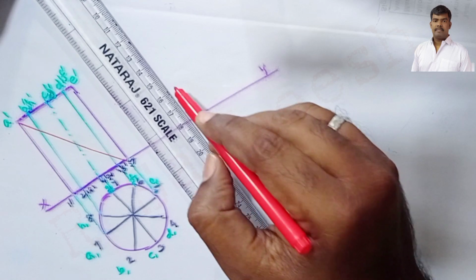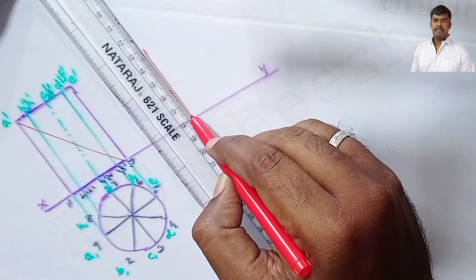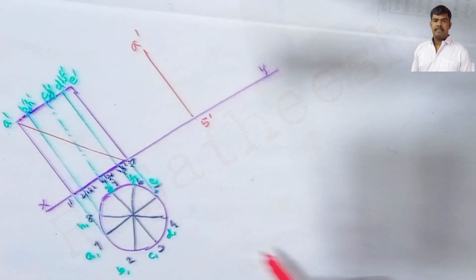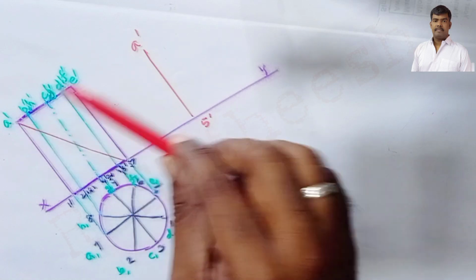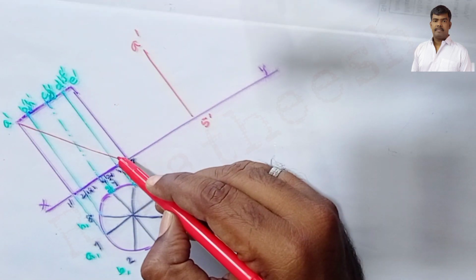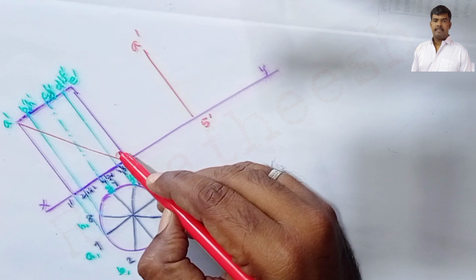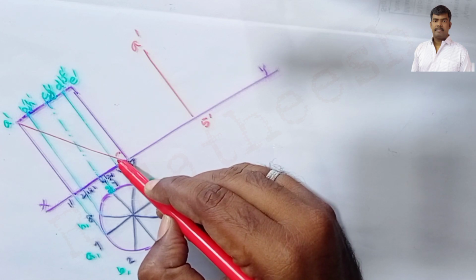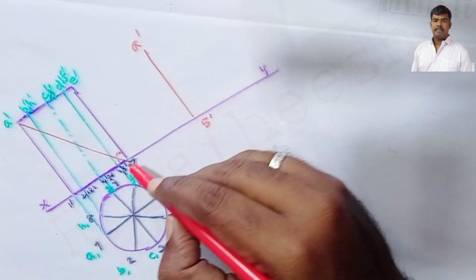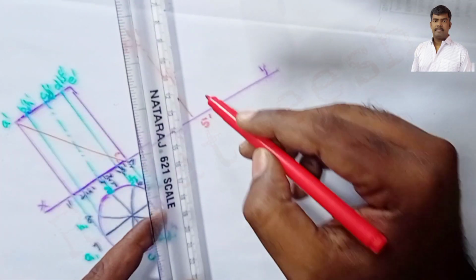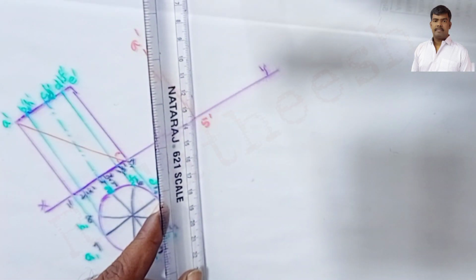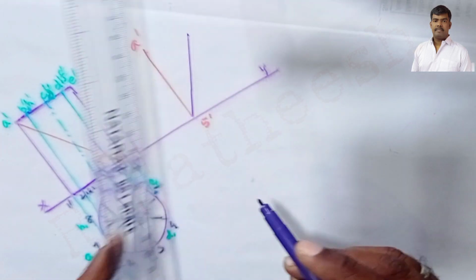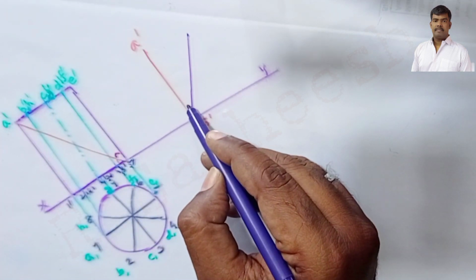The same distance we mark here, but vertically. Clear? So this point is 5 dash and this one is A dash. The A to 5 distance, same distance here. Then we measure this angle using a protractor. This angle how much? Automatically, 90 minus that angle gives this other angle. Clear? Therefore based on that we mark it here like this. So this angle is equal to that one.